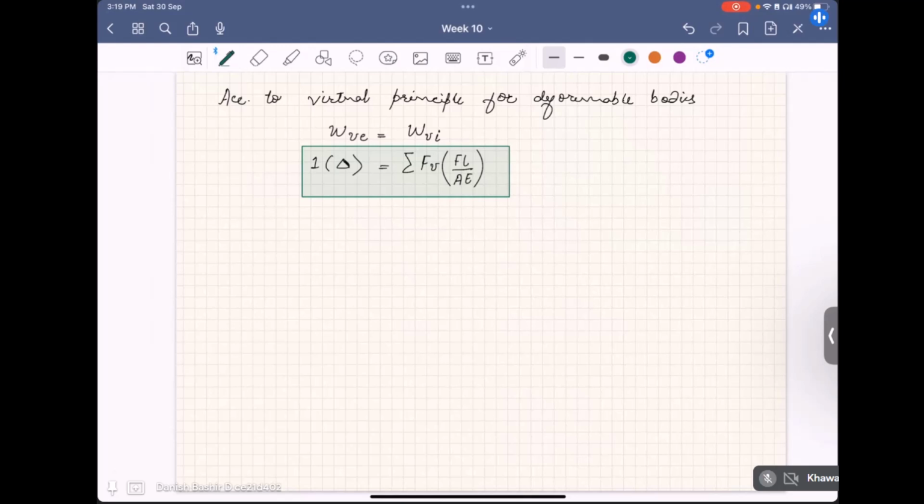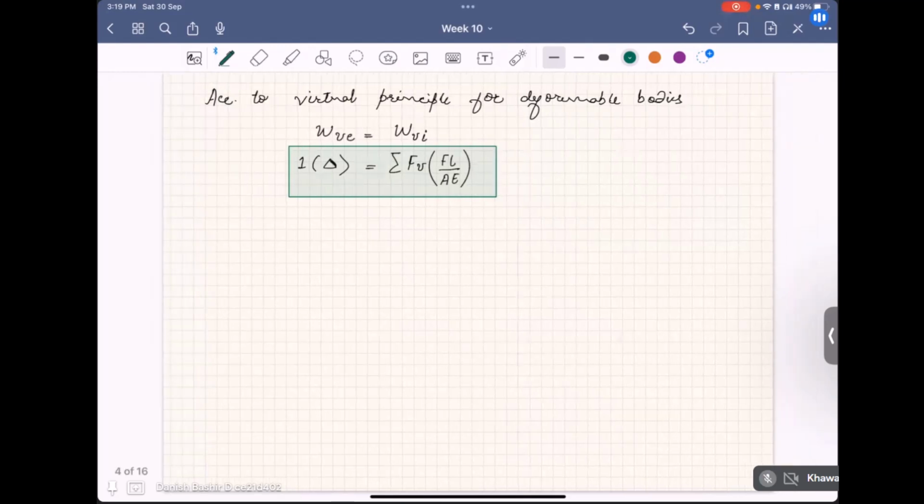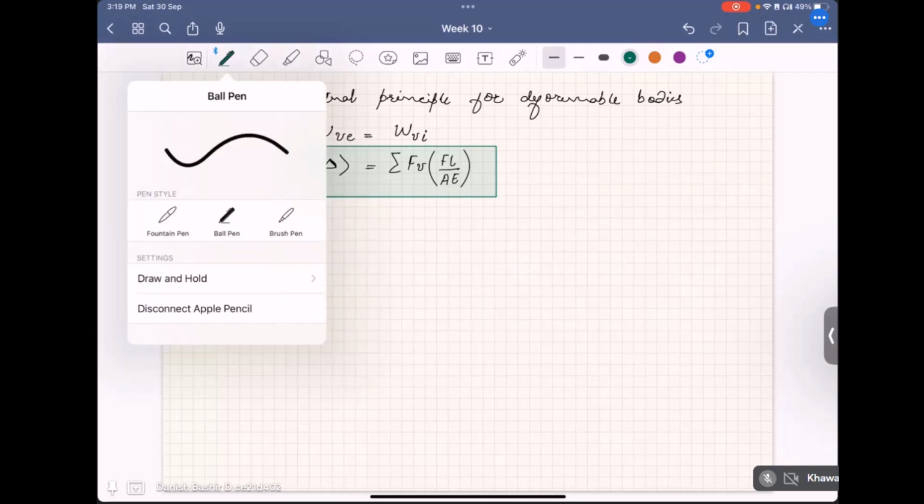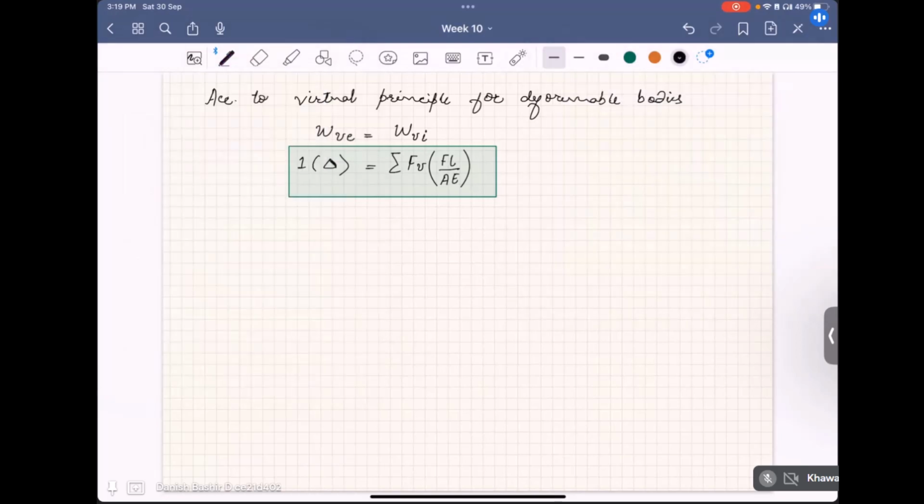So this was because of this deflection. So we had this. So actually this delta is equal to FL by AE, where the